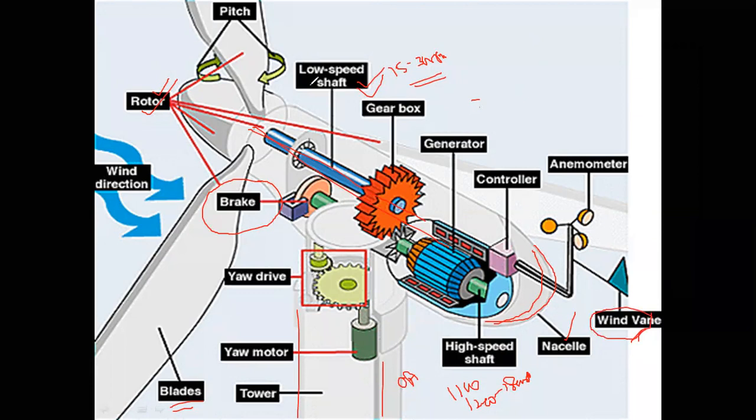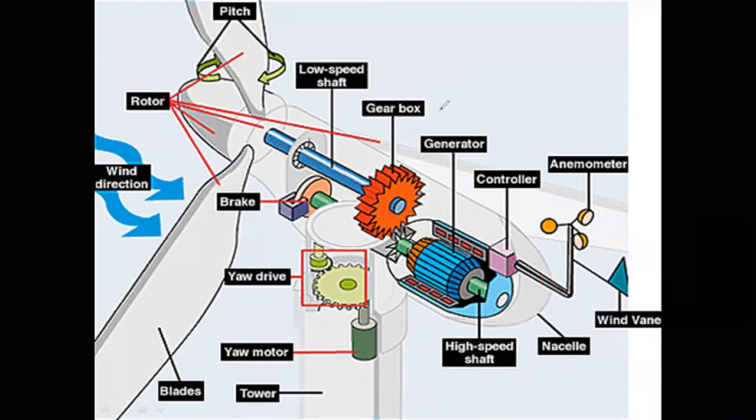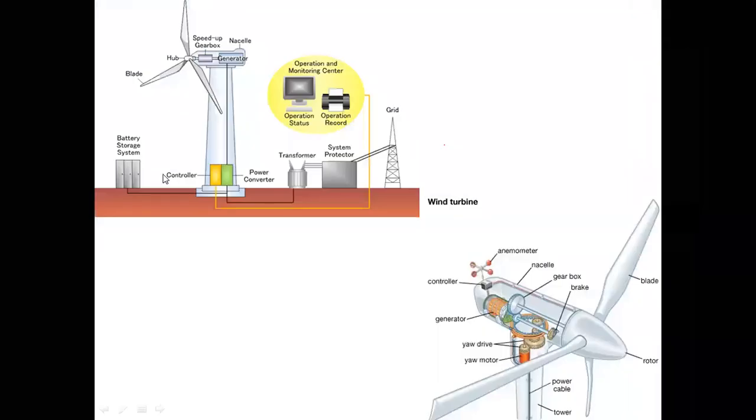And the next one is the vertical axis windmill. This is the horizontal axis windmill. In the horizontal axis windmill, the hub fixes the rotor and then blades, and the speed gear mechanism, low speed shaft and then high speed shaft. Based upon the demand, the power generation is always constant. Now the controller controls all the mechanisms, and the step up transformer boosts the voltage, which is given into the grid.